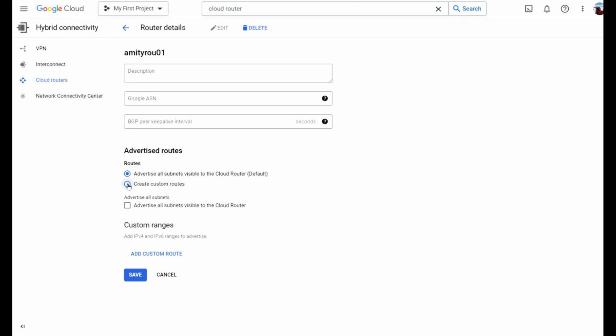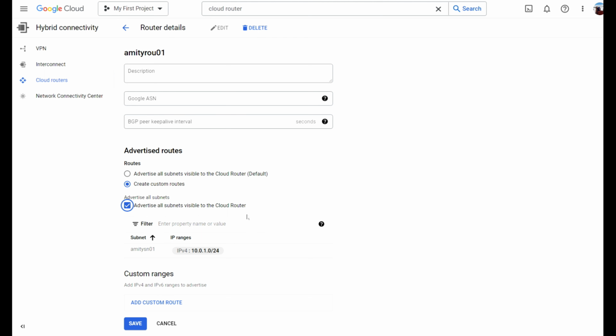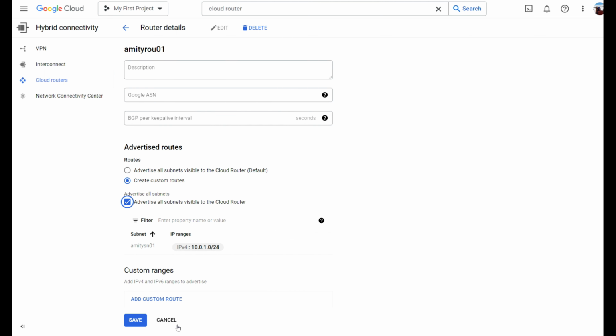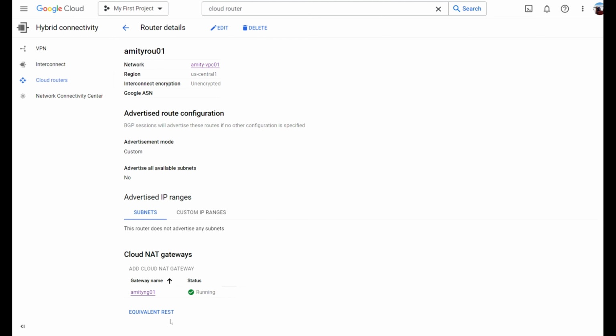Otherwise, there are two options. If you select that one, down below there is an option to advertise all subnets visible to the cloud router. From there you can see which are visible to this router, and you can save that. For now I'm just going to cancel. I think I have shown you all the components and how you can access them, at least at a basic level. So if I open the diagram,